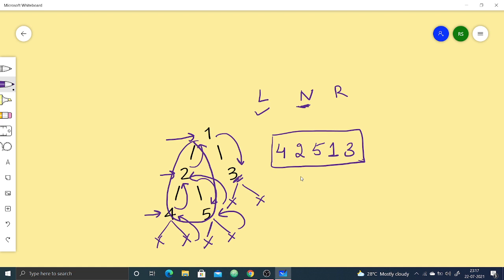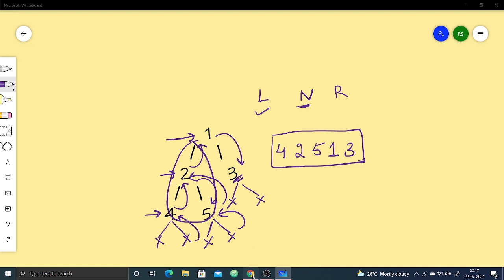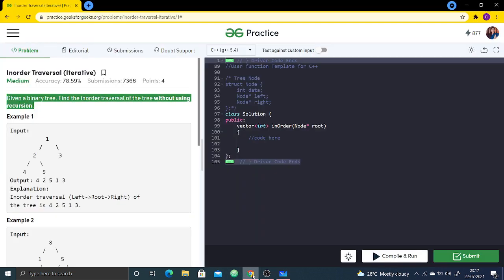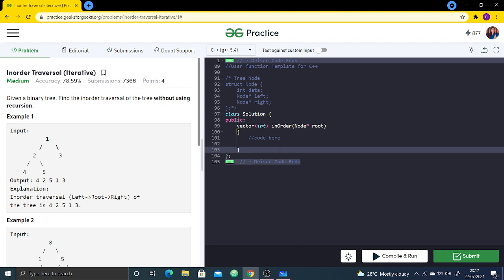But see, using recursion, it was easy. But let us see how we can solve this without recursion. That is only the iterative approach. See, what is the special thing that we have with recursion? That is, it maintains the call stack. That is, whatever calls I have previously made, the stack maintains that. That is, if I want to access the previous call, then it's very easy using recursion.